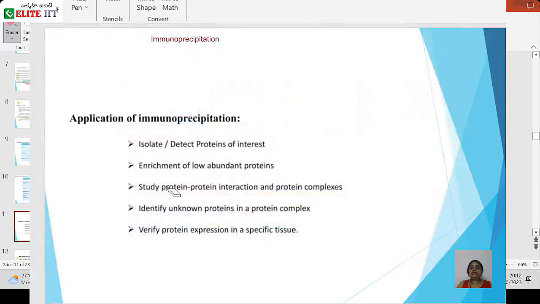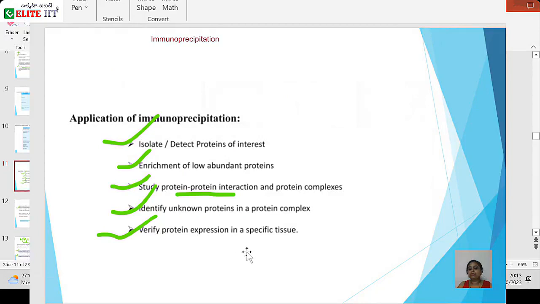Okay. Now, application, where it is applied. The main purpose is to isolate the antigen protein. So here the applications are: isolate or detect the protein, concentrate the protein, enrichment of low abundant proteins. Now, study of protein-protein interaction is also done if you do immunoprecipitation. Identify unknown proteins and verify the protein expression. After the expression of the protein, you can verify whether the protein is expressed or not through